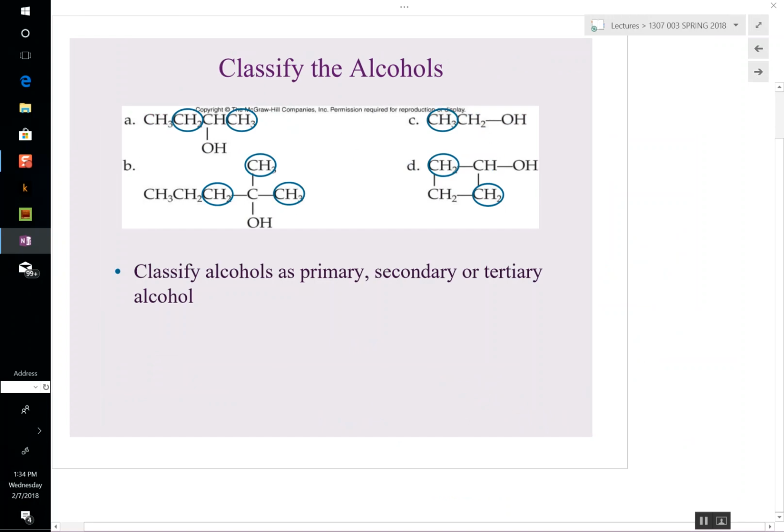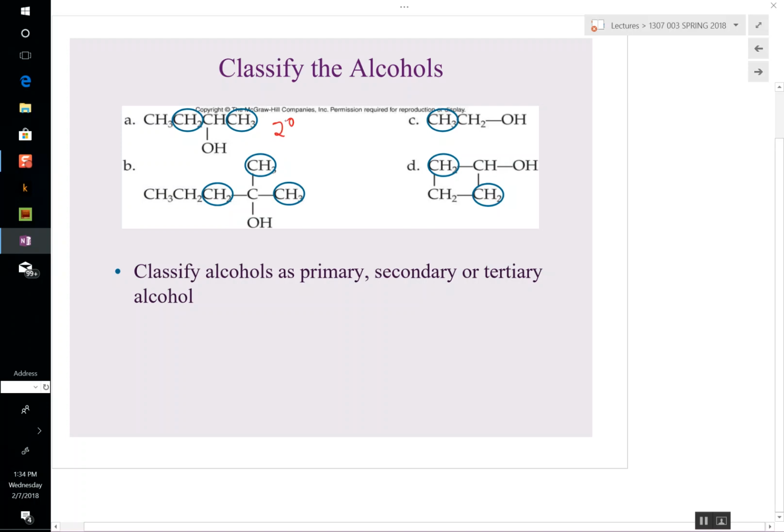Okay, classify the alcohols as primary, secondary, tertiary. I'm giving you too much help here, okay? I'm giving you a lot of help. But let's look at A. You look at the OH, the carbon it's attached to, and you can see it has two carbons, one on either side of it. We don't count how long this chain is, just how many carbons are directly attached to that carbon, okay? That's what we're interested in. Doesn't matter how many carbons are over here, just how many are attached. So that has 1, 2, so that is a